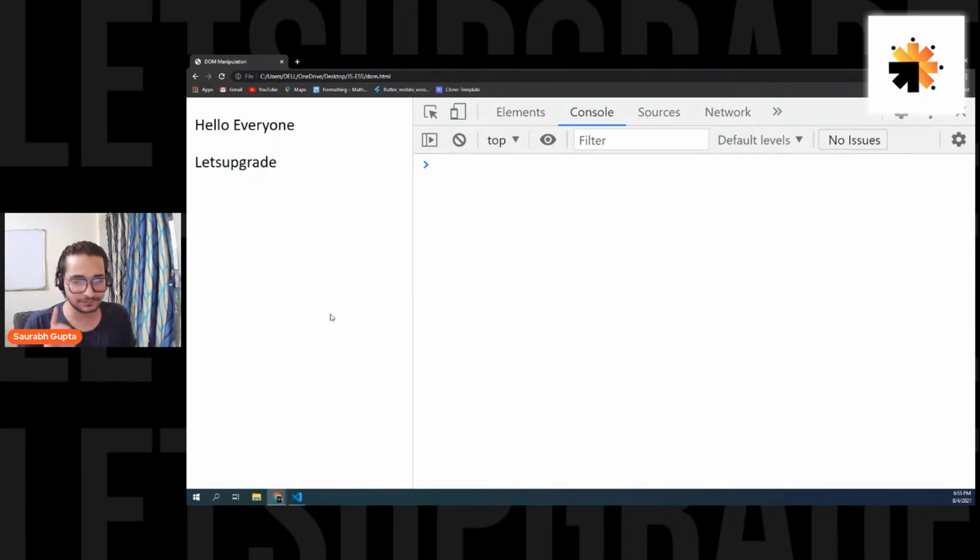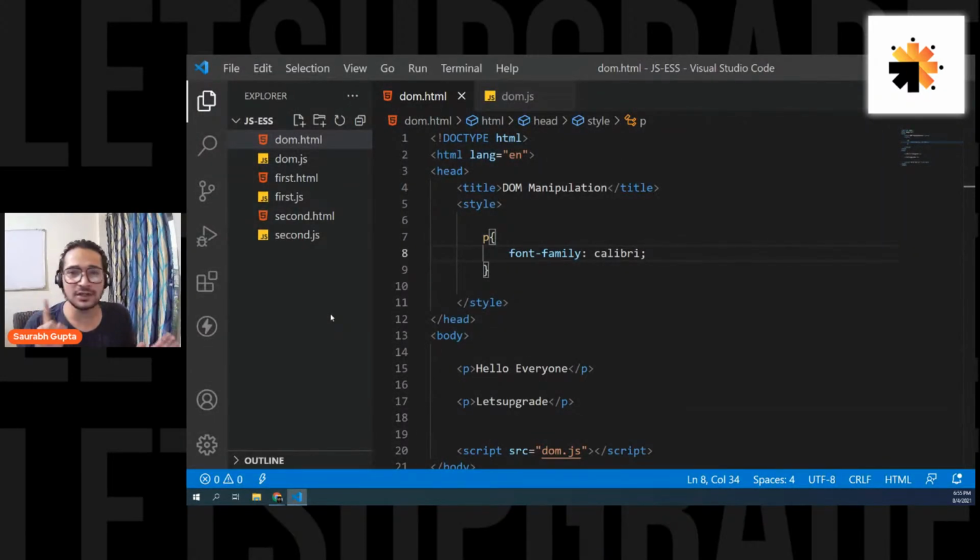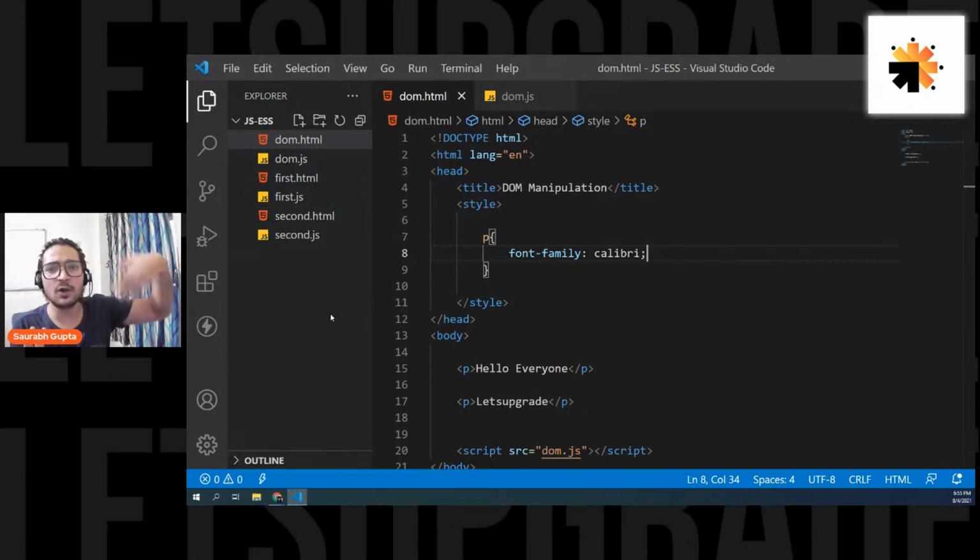But remember the most important thing in DOM manipulation: you basically select an element and you work with it. You select a p, you work on it. You change the CSS, you change the content, you change the style. That's what DOM manipulation is.